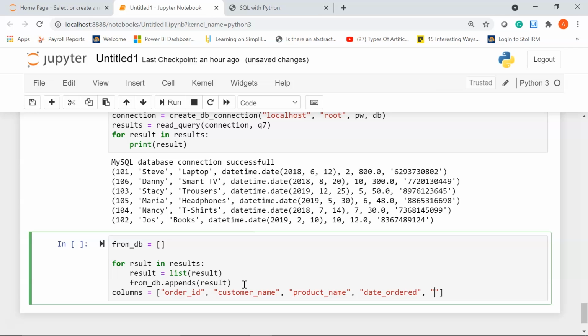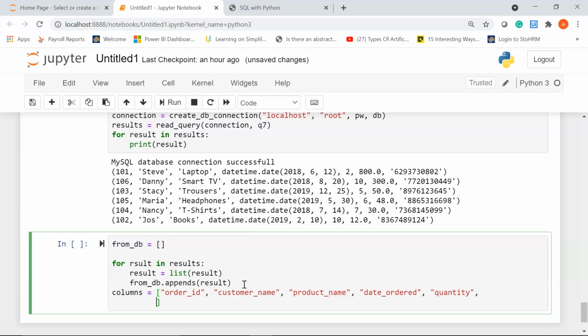Give a comma. Then we'll have the quantity column. Let me write it in the next line. Next we have the unit price column. And finally we have the phone number column. So I'll write within double quotes phone number,